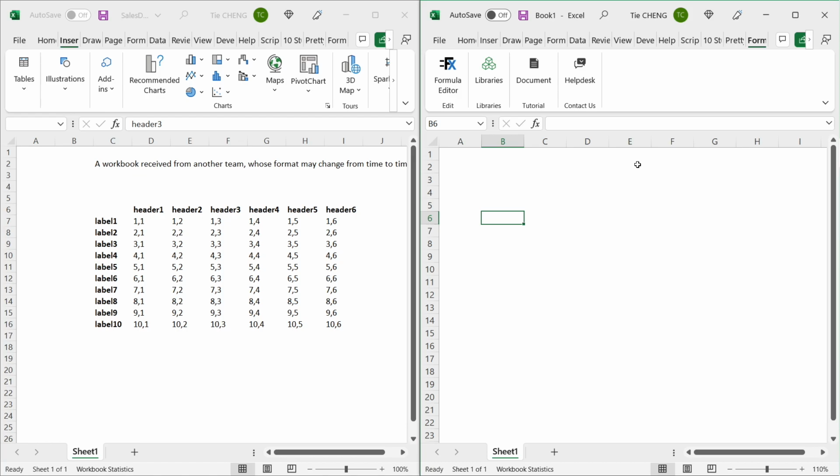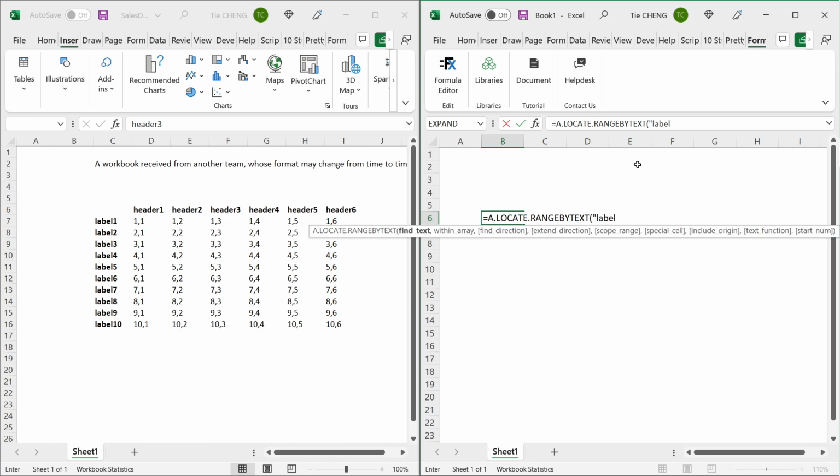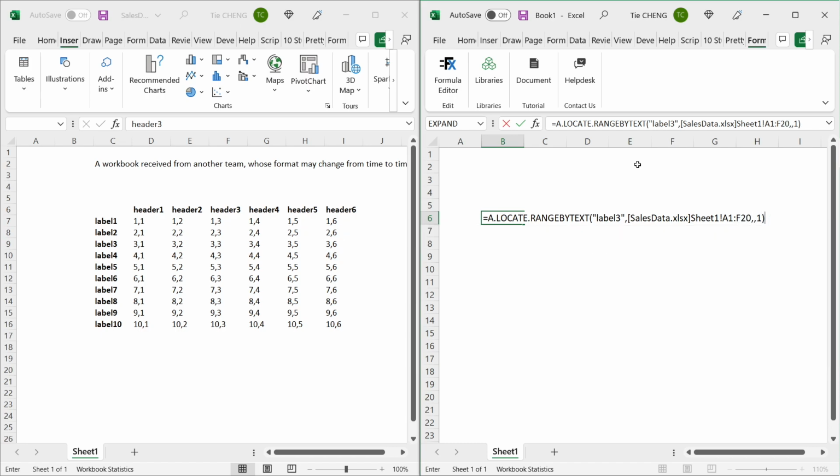Similarly, if you want to get the data on the right of label 3, you could write equals A.LOCATE.RANGE_BY_TEXT("label 3", "sales data", "Sheet1", "A1:F20", 1), where A1 to F20 is the range where label 3 appears for sure, and 1 is the direction of the extension.